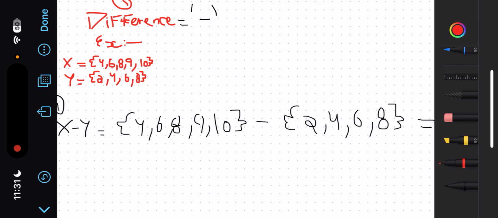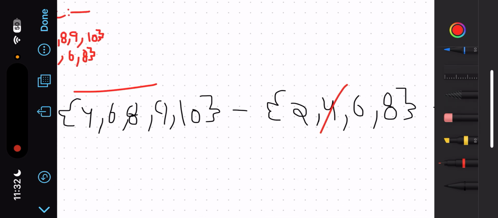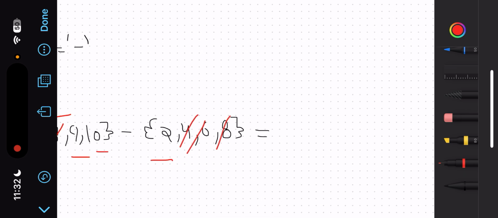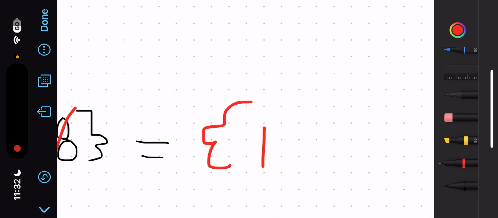Here we will write the elements that are not common, from the first set only. Means here 4 is common, so we will cut. 6 is common, so cut. 8 is common, so cut. Now we are left with 9, 10 from the first set and 2 from the second set. In difference we will only write from the first set, so it will be 9 and 10.